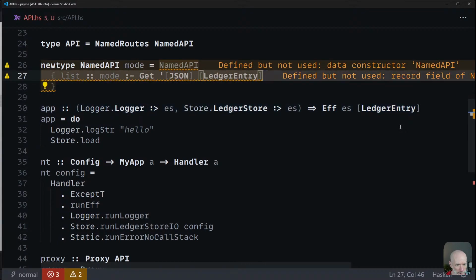Okay. And that's when this just returns the ledger entries with a single endpoint, and the only thing my application did is return ledger entries. And now when I change it to take these named routes and then use those, it won't just be a single ledger entry, it's returning